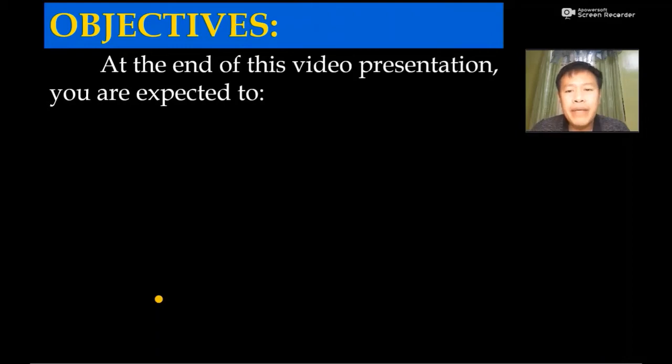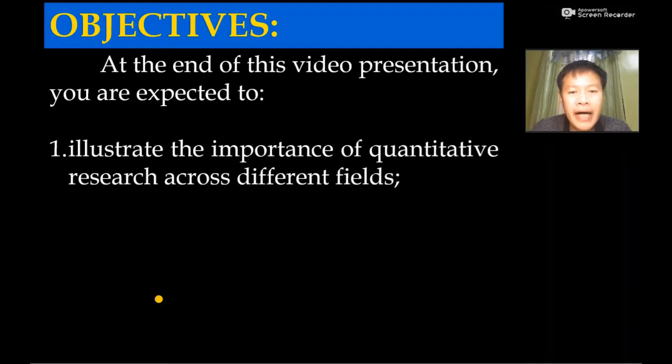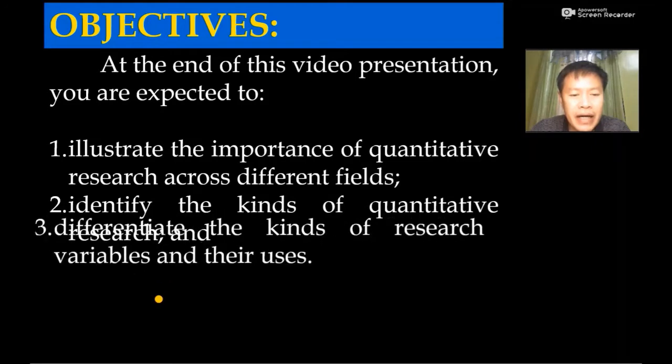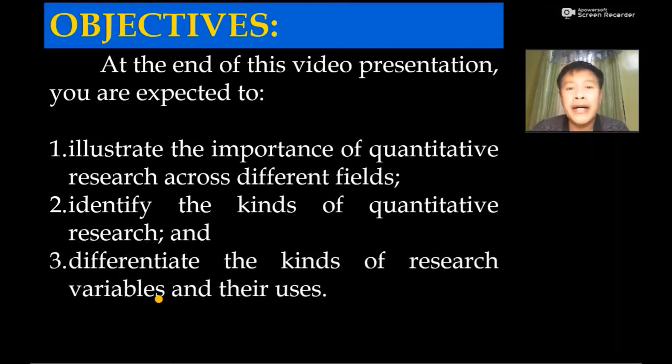At the end of this video presentation, you are expected to, number 1, illustrate the importance of quantitative research across different fields. Number 2, identify the kinds of quantitative research. And number 3, differentiate the kinds of research variables and their uses. I hope that after this video presentation, all of these learning objectives are being achieved by you, the 21st century